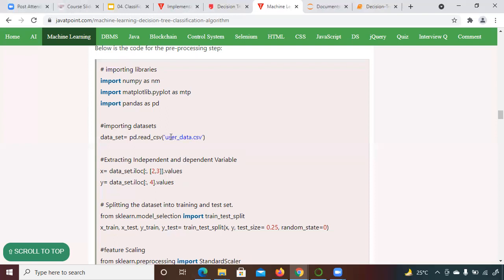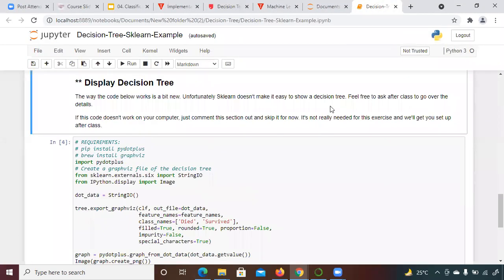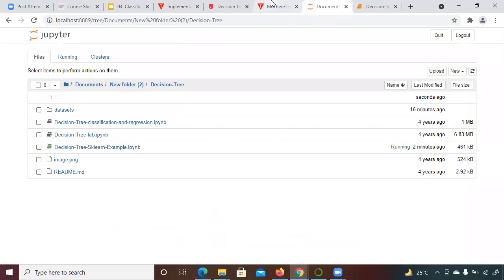So till here I think it is clear that you have to import the libraries, then you have to read that file. So we are reading a file. I will show you the practical as well. I've written the practical, and I will show you that, but before that let me explain the structure of the program.